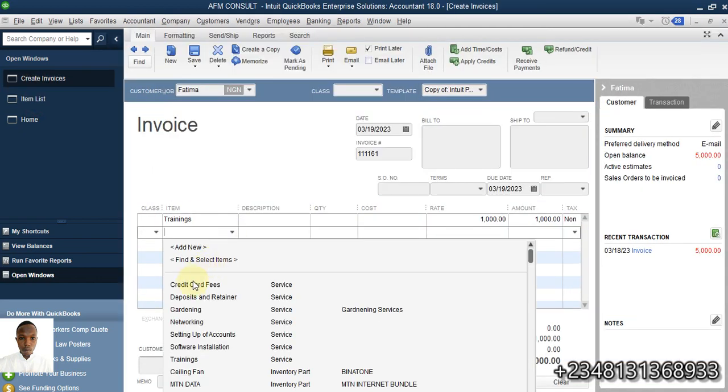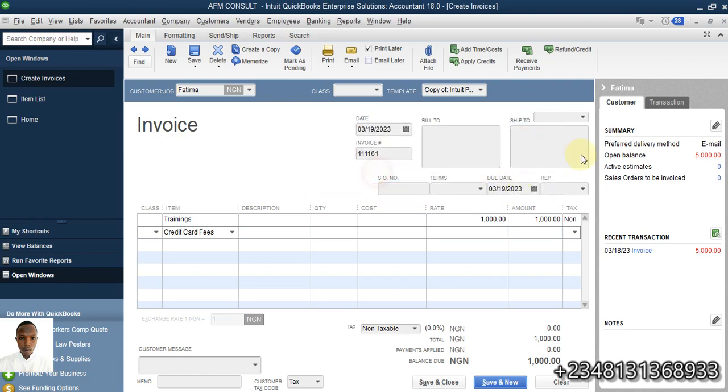So I'm selecting credit card fees. Let's say the credit card merchant is going to charge us 3%. If you're going to do 3% of this 1000 and you say you want to add 30 naira, which is the 3%, the total value is going to increase to 1030 naira, which means they are still going to charge you an extra, because if you bring up your calculator now,